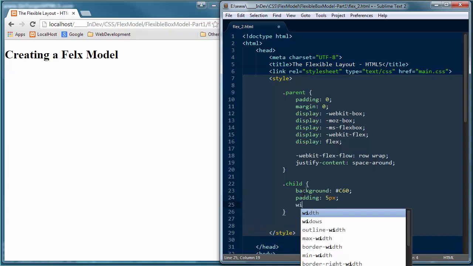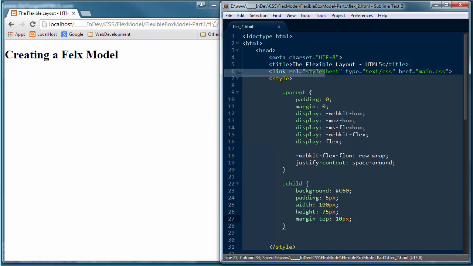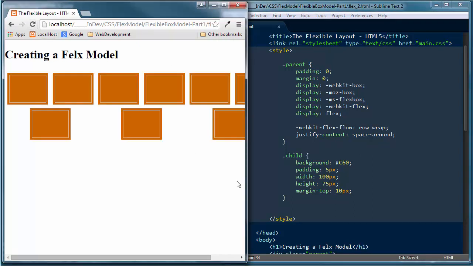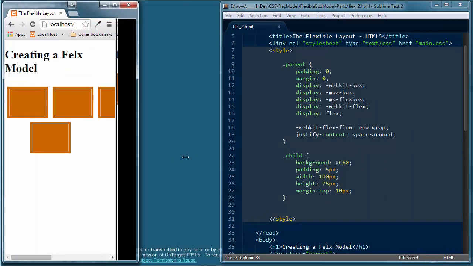I'm going to give it a width of 100 pixels. I'm going to give it a height of 75 pixels. And again, we're just making these like small thumbnail photos that we're going to display on our page. And we'll put a margin top of 10 pixels. And that should give us the settings we need to get a display. Let's go ahead and save all those changes. And again, remember, we're using this flex display. And this time we're actually using the row wrap and space around properties. Refresh the browser window. Now you can see that we actually have these flex items now on our stage,